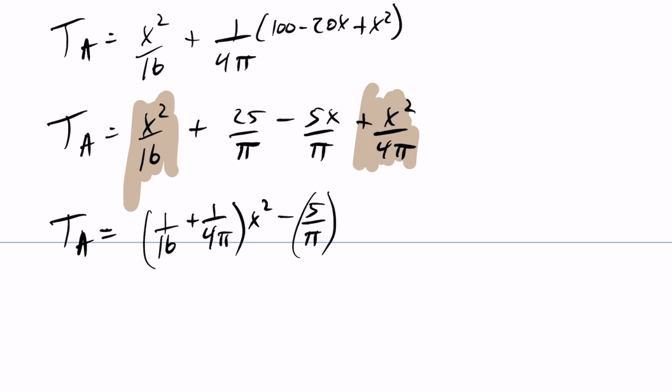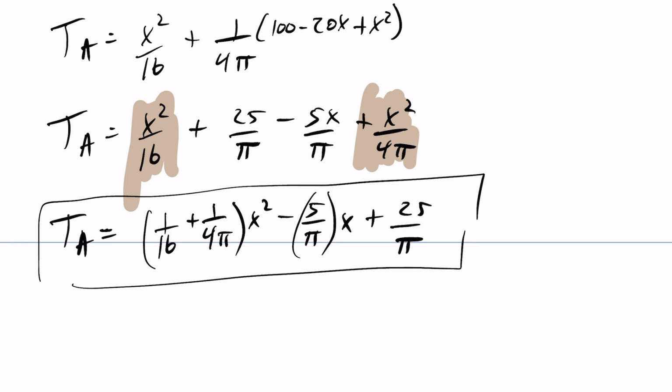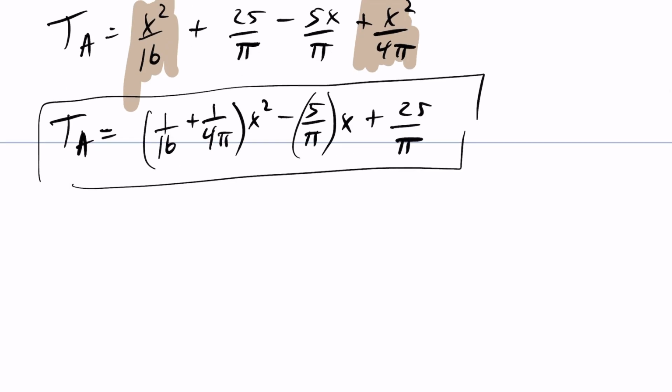pi x. It's my b value, and then lastly my c value. So now I've re-expressed my quadratic in standard form, and I can see this opens upwards. And what I want to do here is I want this value right here. So I can complete the square on this, I can find the roots on this and average them out, but